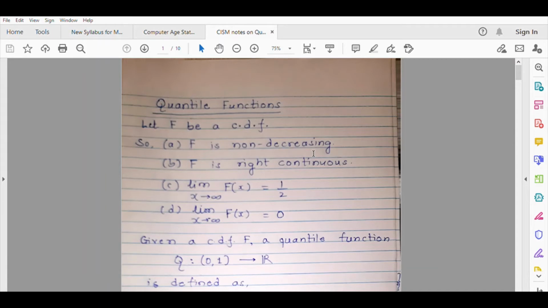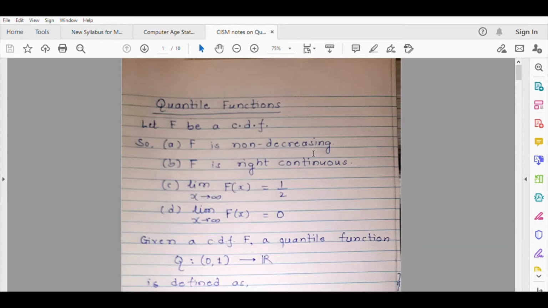So let us now study theoretically what is the basis of doing all this, how does it work, and if it works, can it be extended to a better version? How can we use the same technique to create different types of simulation generating procedures? Simulation basis starts with the method of inverse transformation. So we will first study inverse transformation, and to study it we must know the concept of quantile functions. Let us see very briefly what we mean by a quantile function. You might have already studied quantiles, but what is a quantile function? Let us have a look at it.